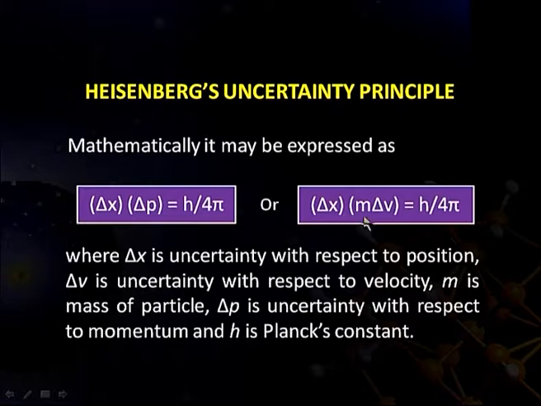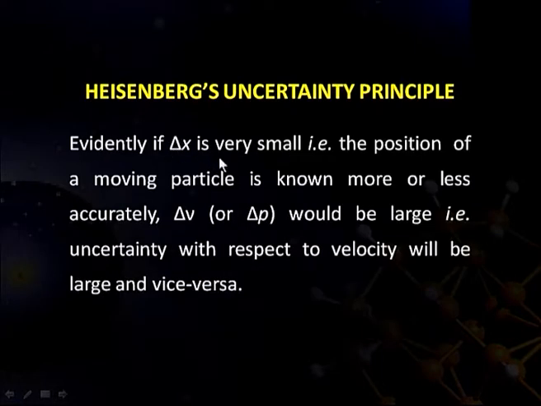or delta x into m delta v is equal to h upon 4 pi, where delta x is uncertainty with respect to the position, delta v is uncertainty with respect to velocity, m is the mass of the particle, delta p is uncertainty with respect to momentum, and h is the Planck's constant. Evidently, if delta x is very small, that is the position of a moving particle is known more or less accurately, delta v or delta p would be large, that is uncertainty with respect to velocity will be large and